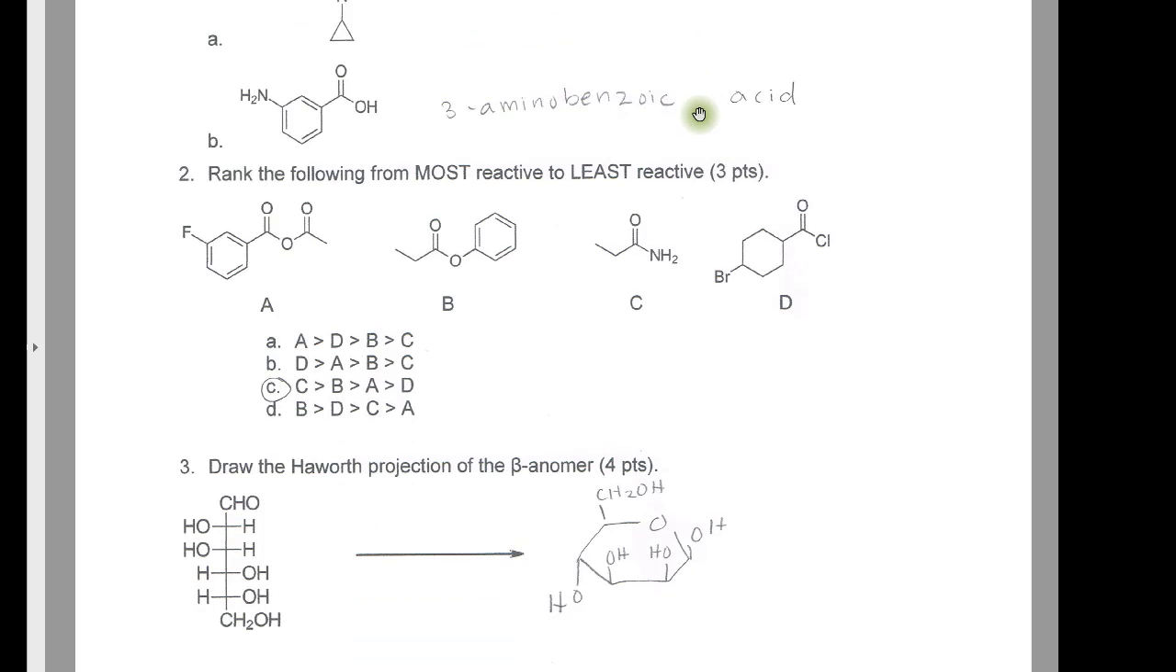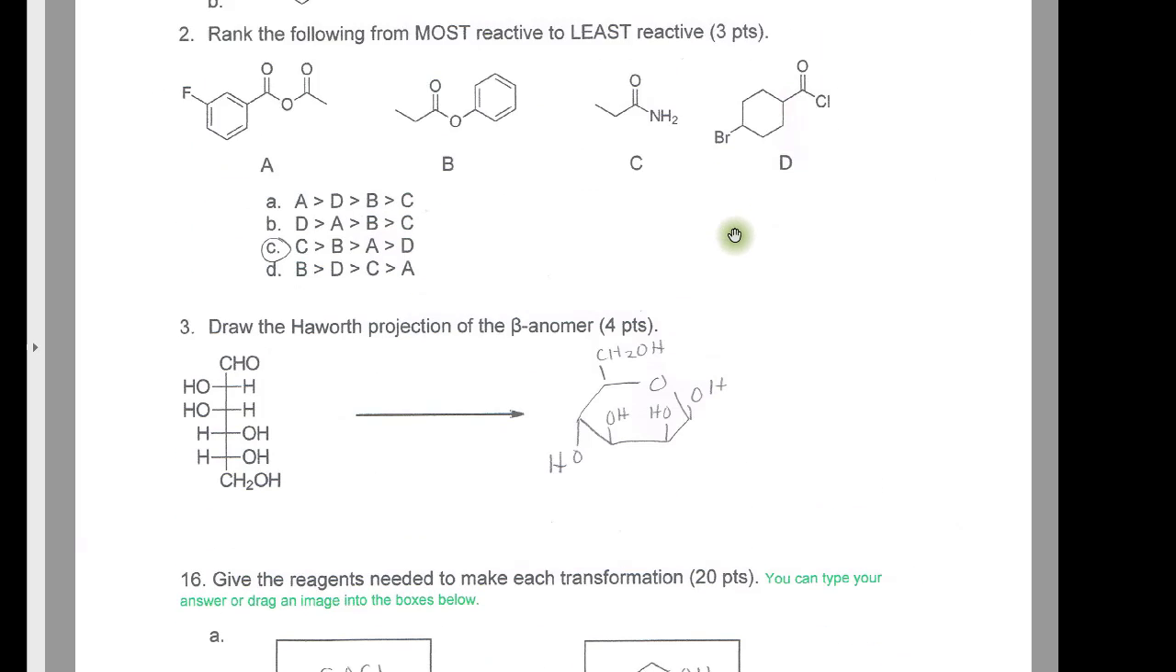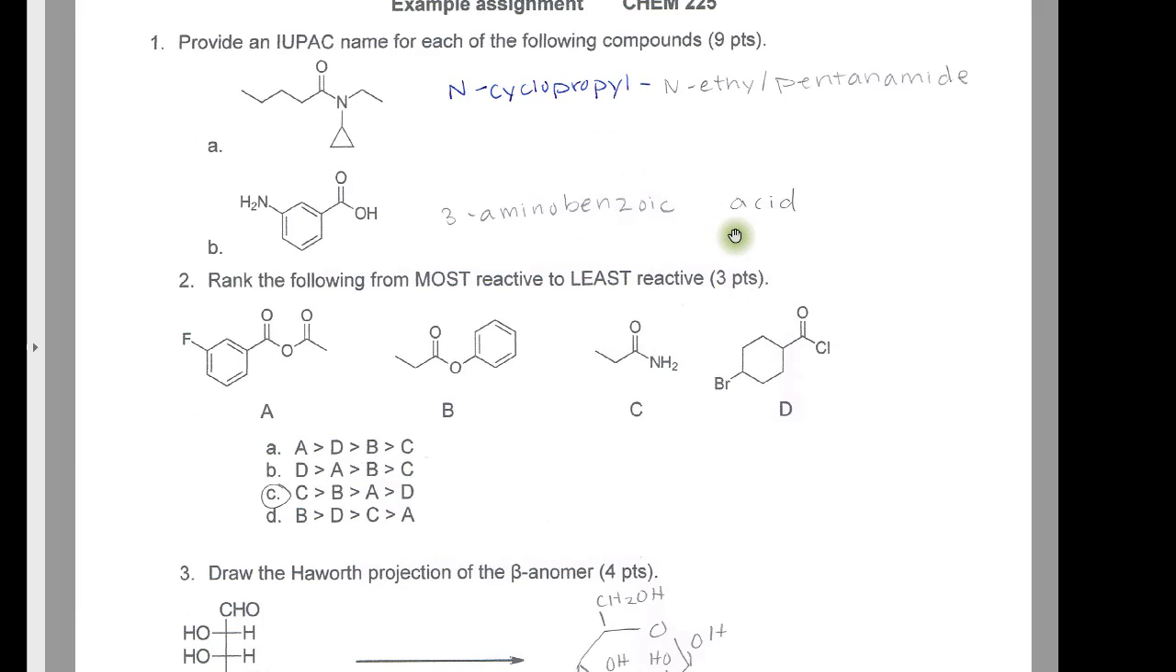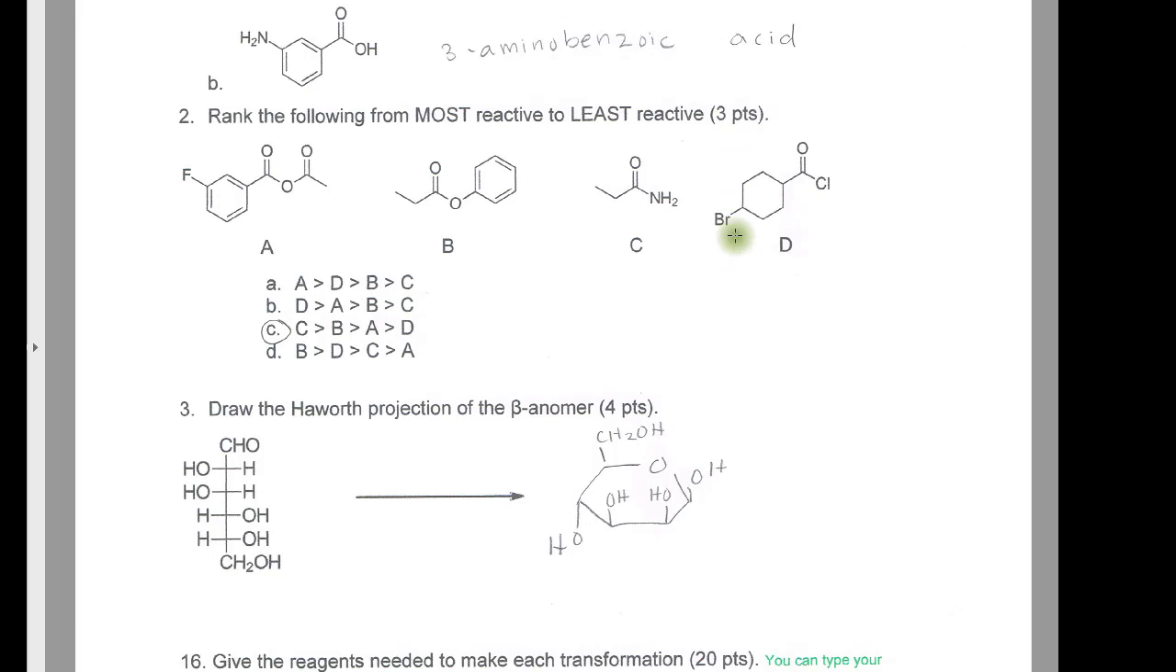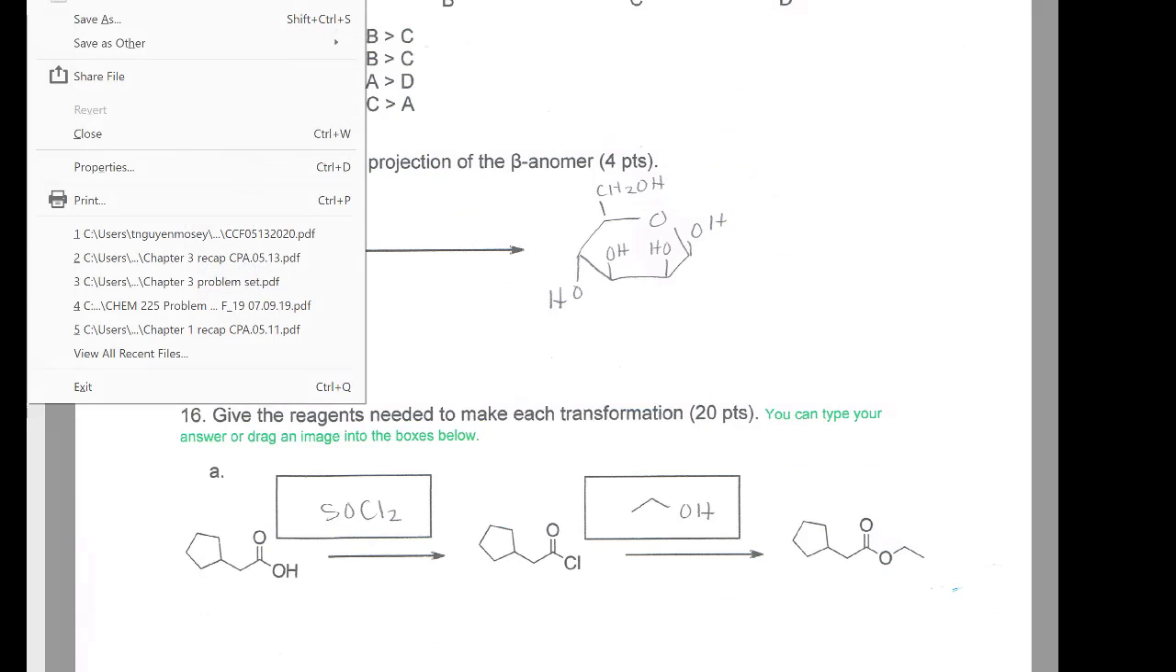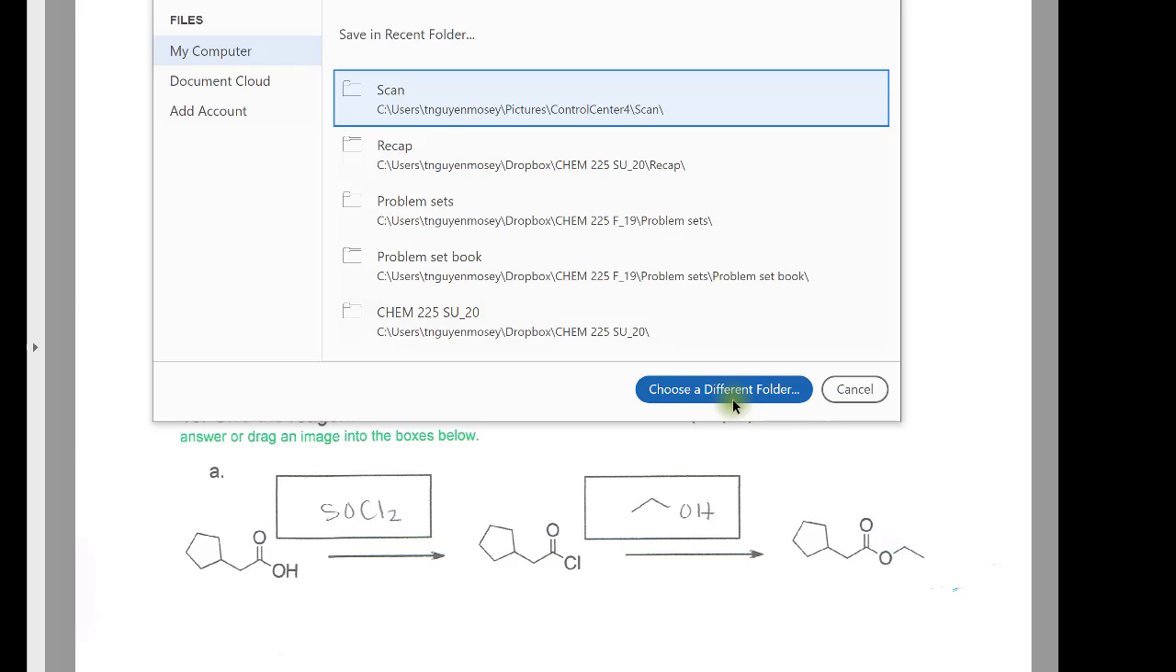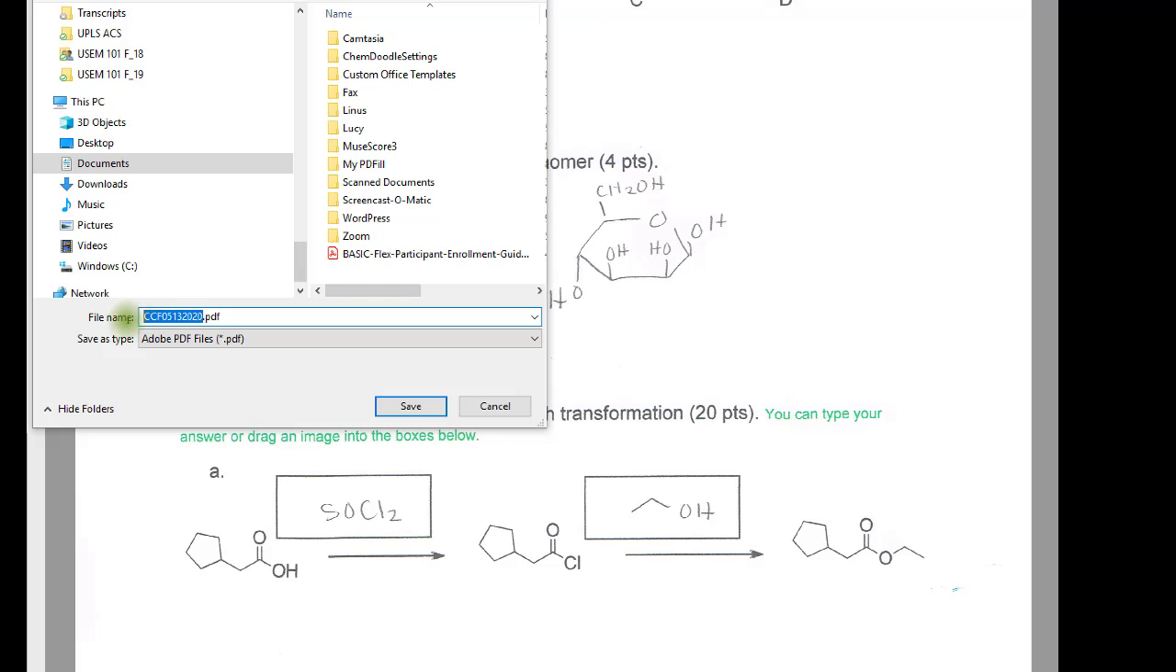And if you have a scanner at home, you can scan it. Otherwise, if you have a smartphone, you're able to use the DocCam scanner app to scan your exam. All of the answers are here. Then you would just save as, and then choose whatever folder you want to, and then enter in your last name,